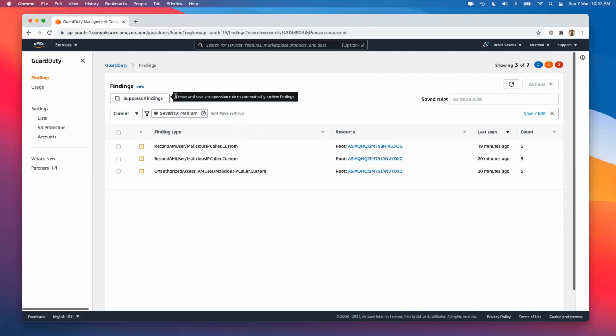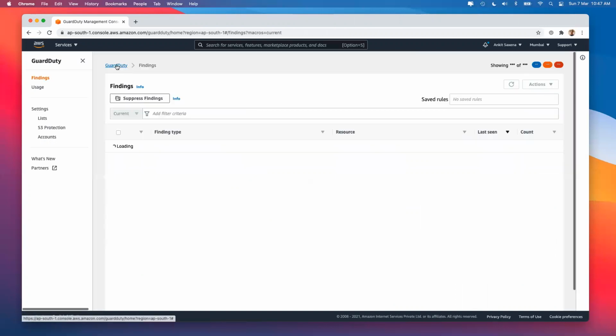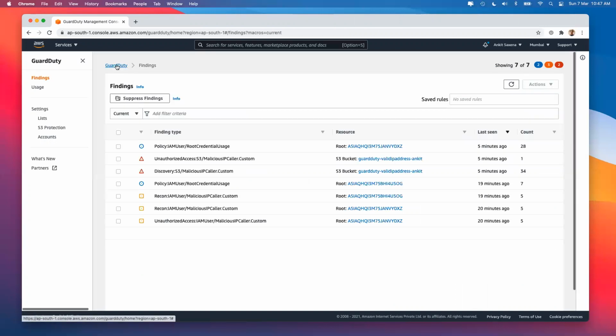So that's how GuardDuty works in real time. Remember, the previous service that we were working on also uses GuardDuty. So this is GuardDuty, and you can add the IPs, or you can have protection for S3 in these services. So that's it in GuardDuty, and we will proceed to the quiz part now, and I'll see you after the test.